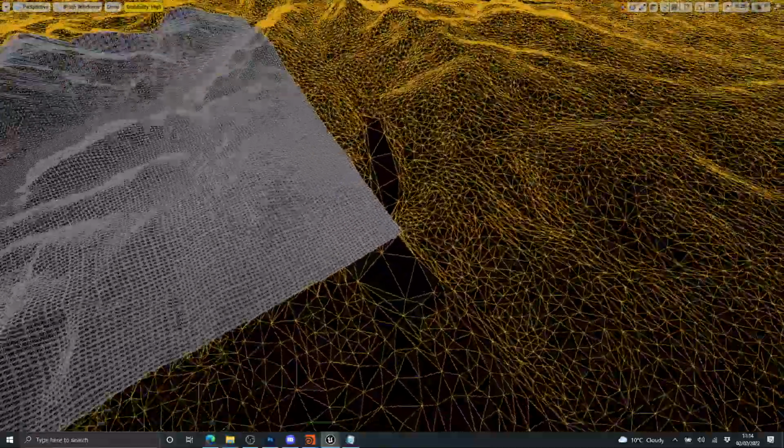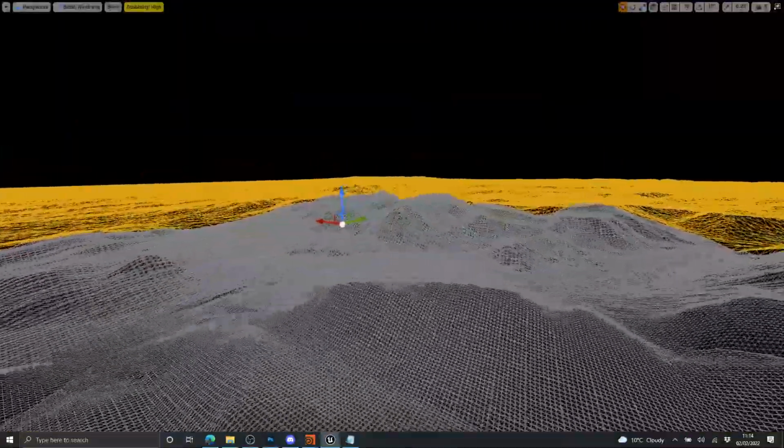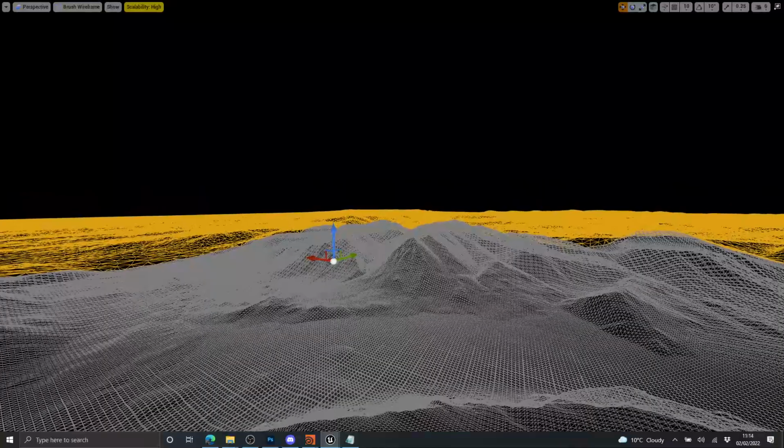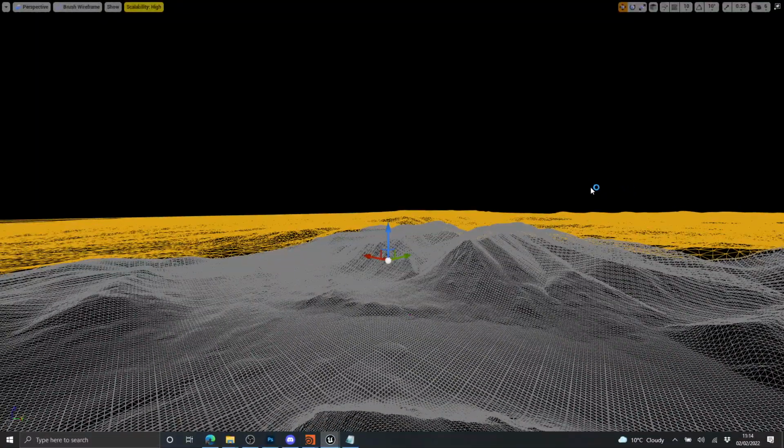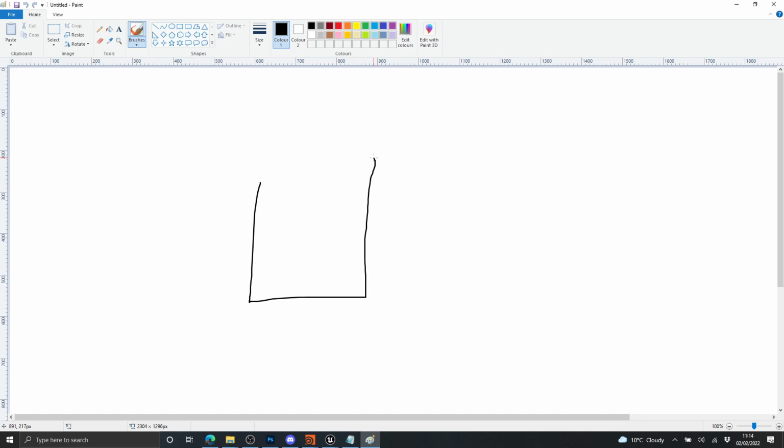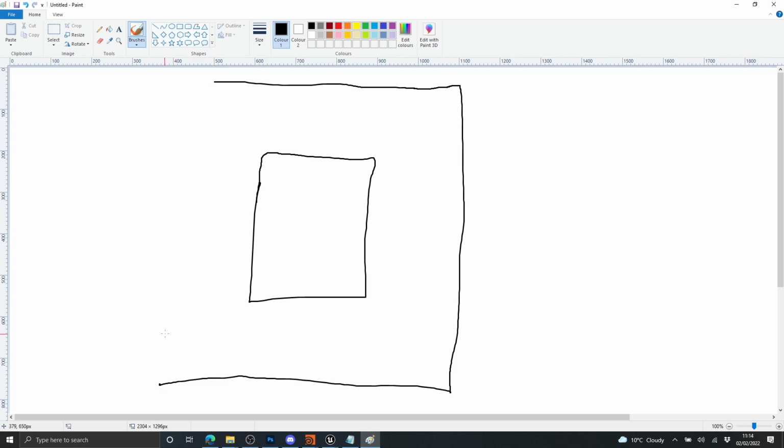The first issue that I'm going to bring up is if we're sort of down in the middle of the terrain, let's say we're actually flying above it as a drone and we're looking in this direction, we can actually only see about 1/3 of the overall tile. So if I was just going to open Paint quickly, you can see we have our inner terrain here. Please excuse my terrible drawing skills. And we have our background terrain here, which isn't to scale. And we've got our player position, which is right in the middle of the terrain. And we have a view frustum, which is sort of something like this. The issue is, when we're looking in this direction, we're actually still drawing the entire terrain when ideally we want to cut out,